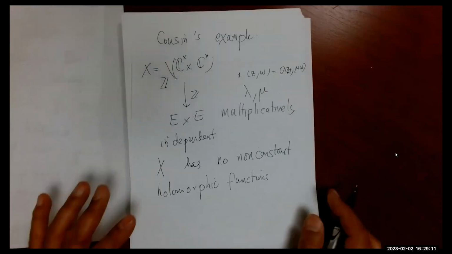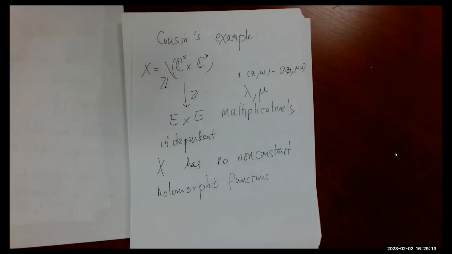But also this example is two-ended. So clearly you cannot have H1 with compact supports with coefficients in the structure sheaf being equal to 0, because then that would imply that you can extend constant functions along the ends, 1 and 0, and you'll get a holomorphic extension, which we know is not possible.